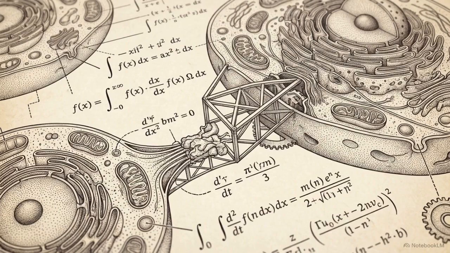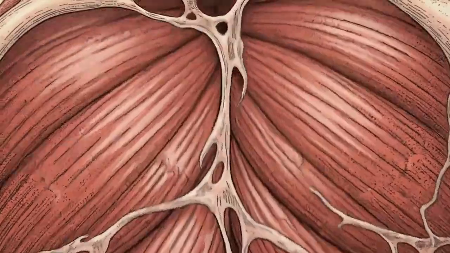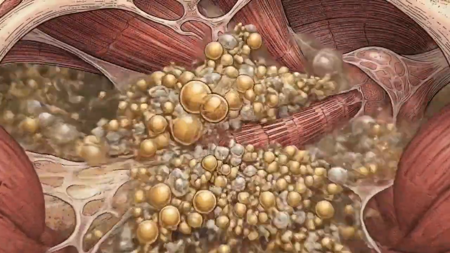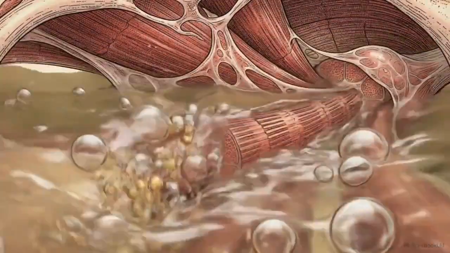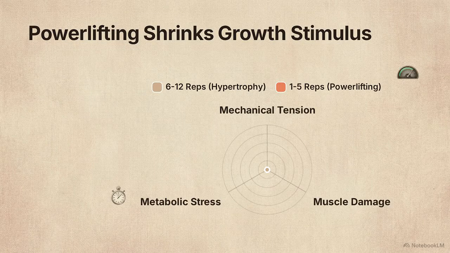The standard 6 to 12 rep 90-second rest protocol operates as a precise mathematical intersection of biology. The heavy load activates the fast-twitch fibers, the 12 repetitions force anaerobic glycolysis, and the 90-second rest creates the osmotic trap. This radar chart plots tension, metabolic stress, and muscle damage. The axes expand in perfect symmetry only under the 6 to 12 rep 90-second rest parameters.